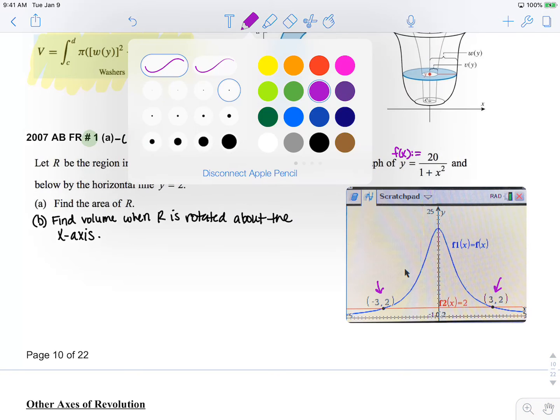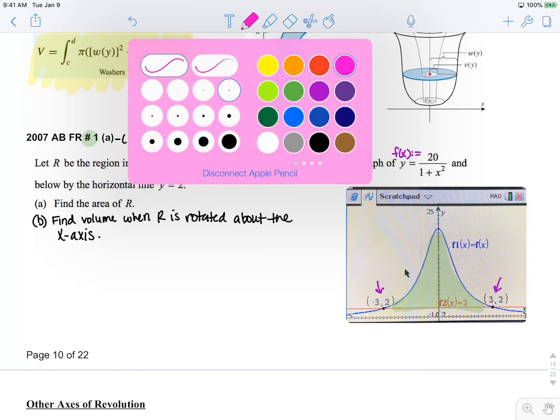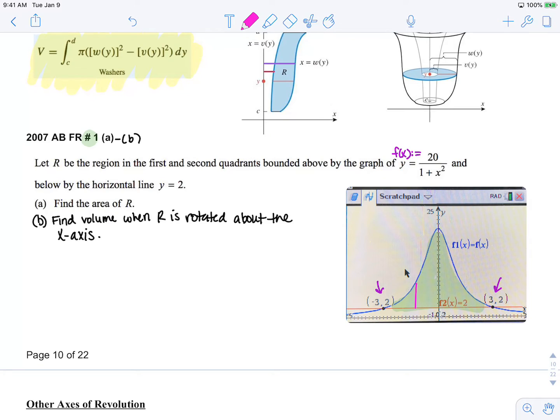In part A, they want us to find the area of the region bounded, and we can see that region is here. This is our bounded region that we want the area of. So now I can draw a sample Riemann sum to visualize the height and the base. So the base of this rectangle is a very small change in x, but the height is our upper function